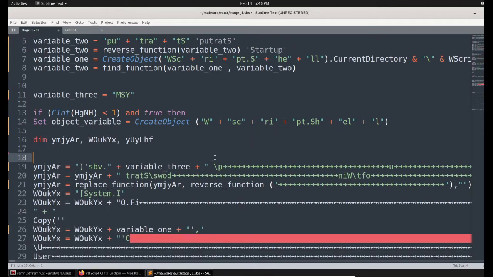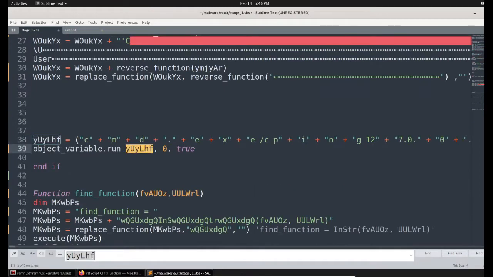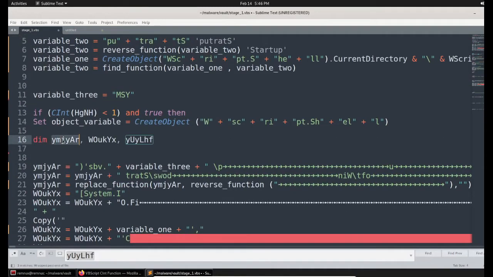If you go to the next line, they defined three more variables. Here is the Dim keyword. With a comma, they can define multiple variables in a single line. Let's see its occurrences. It is being used in many places. Even the second variable is being used, and the third variable is also used in 3 places. So let me replace these variables also with readable names.